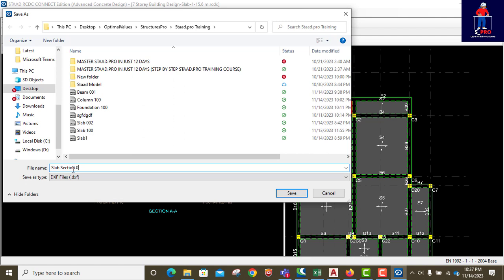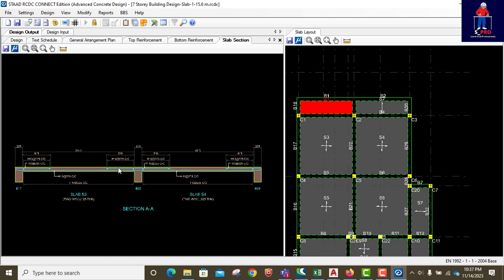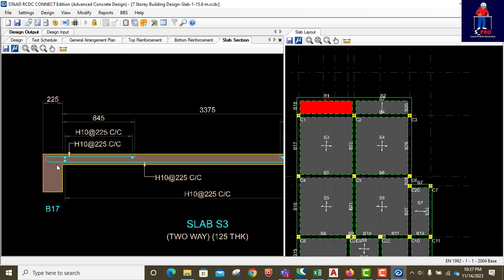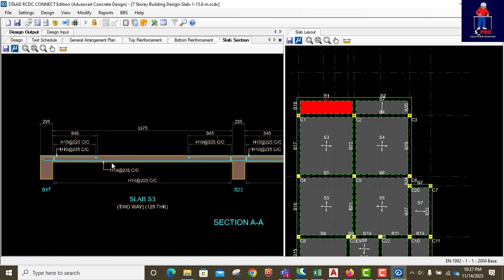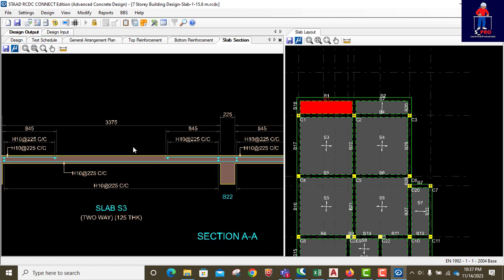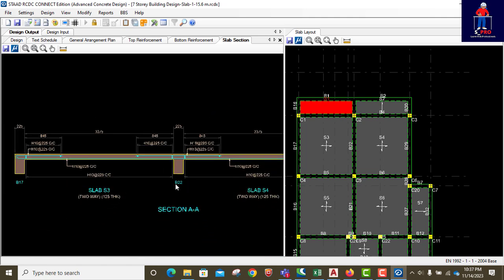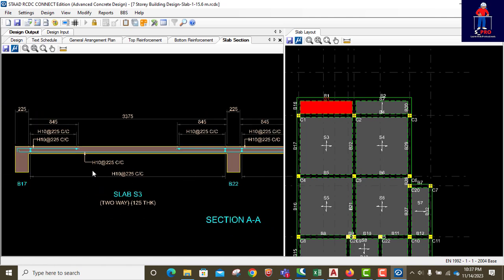We call it 001. Now save that. Okay, so that's fine. That's fine. So this is for the section. Everything is the top reinforcement, the bottom reinforcement, the lap length, yeah, everything is okay. The links,